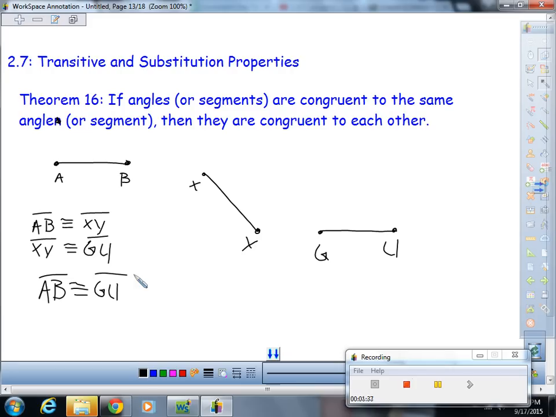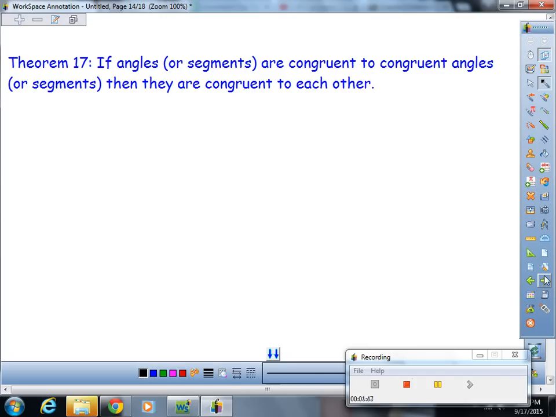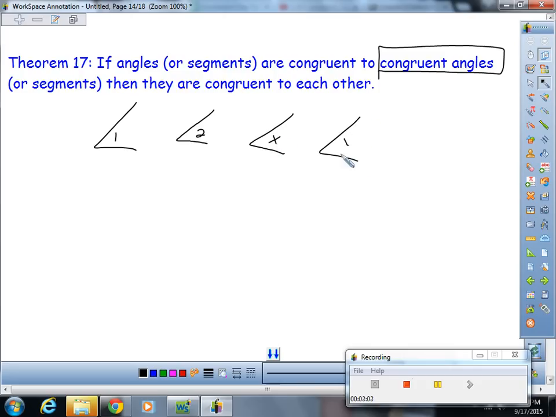Now watch how closely Theorem 17 resembles that. We just call that the Transitive Theorem, by the way. If angles or segments are congruent to congruent angles or segments. So, if I know that angle 1 is congruent to angle 2,